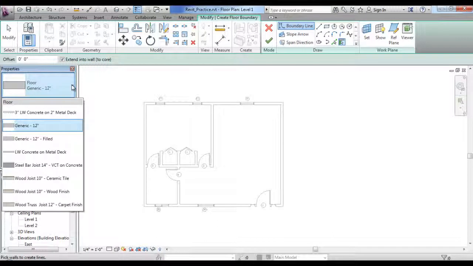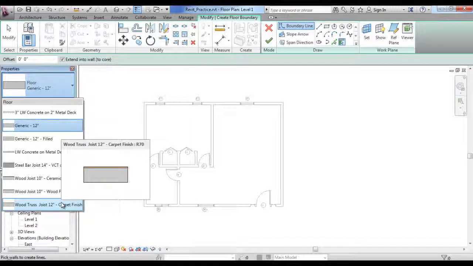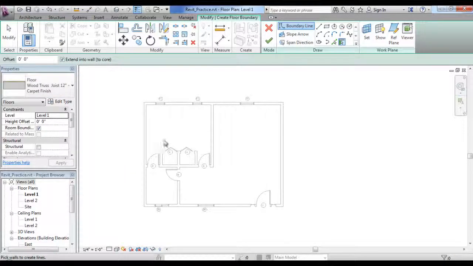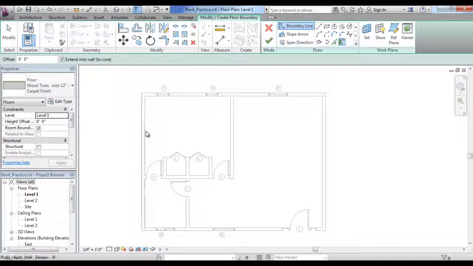We're not going to go with the generic 12 inches. You could, but what we're going to do is a carpet finish in here. We're doing something different in the structure that we're making for the project, but we'll go with a carpet finish for this, okay? We're going to not carpet everywhere, but we have to make our floor as if